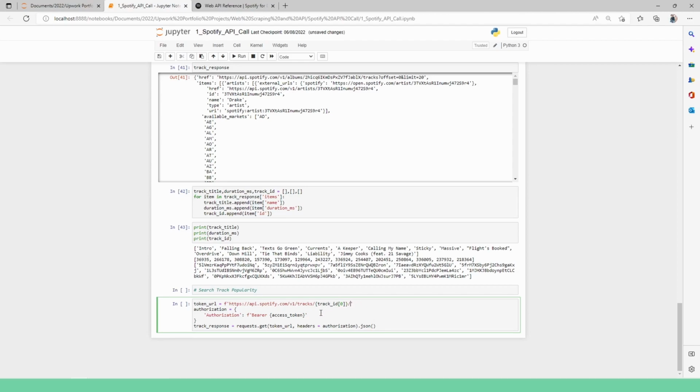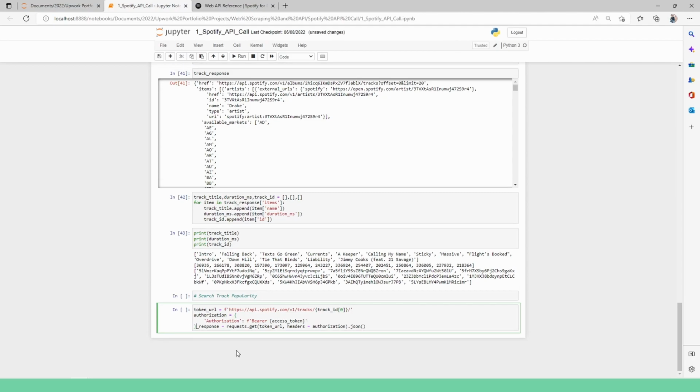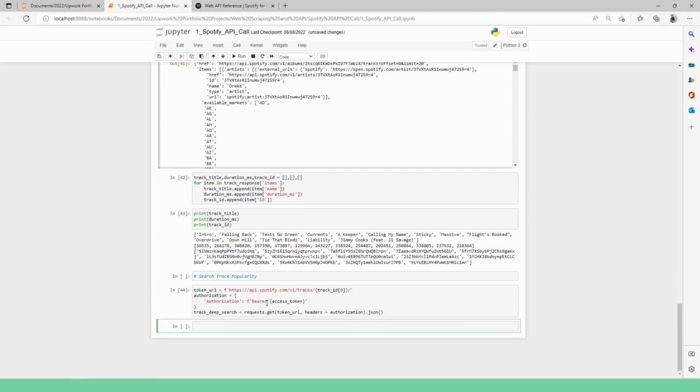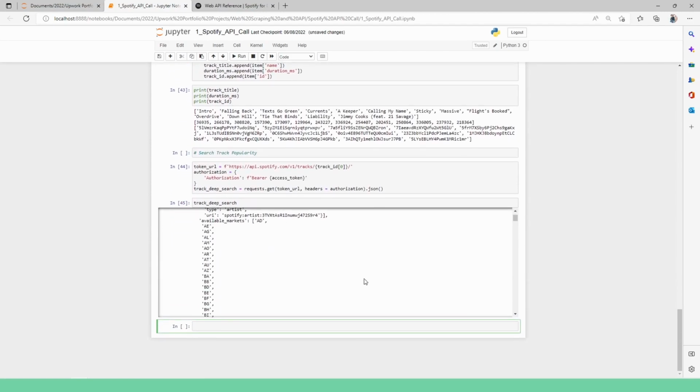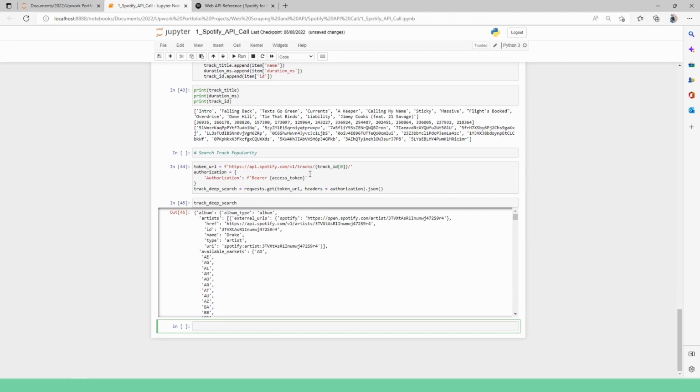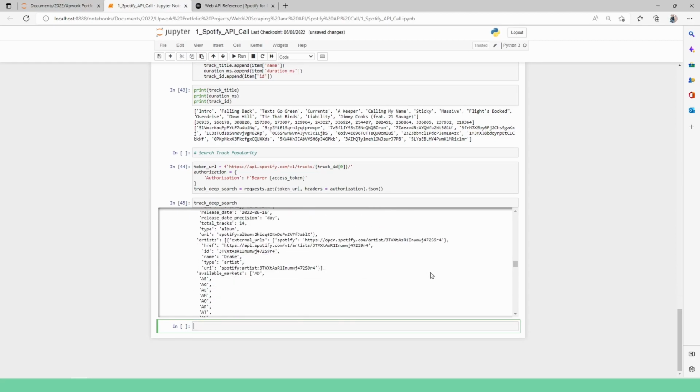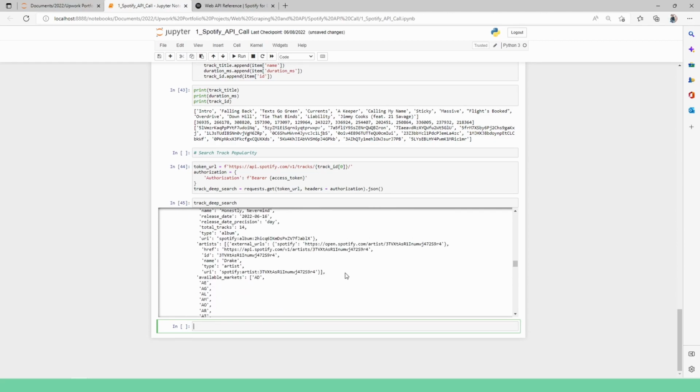And now let's change the track response. I'll just call this the track deep search. All right, let's run this and see what track deep search looks like. Okay, so we've inserted the track ID into the API call. Let's see what information we can get here. It's not the longest